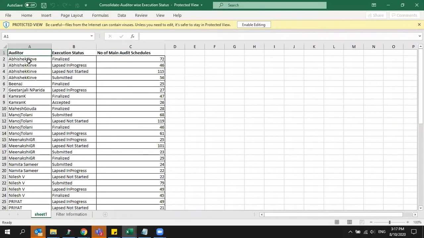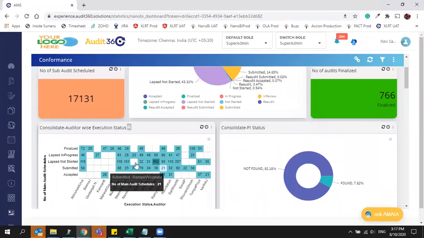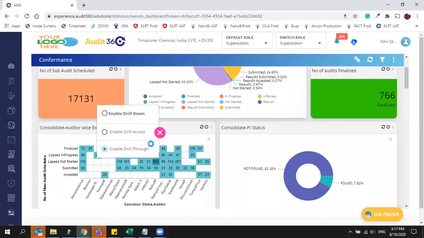It will give you, auditor wise, what is the finalized count and what is the lapsed, or what is the submitted count at each auditor level. At the analytic level, you can download that particular data and count. It is not the line items like I showed in the drill through option. If you want to see the line items, then you have to access the drill through function.